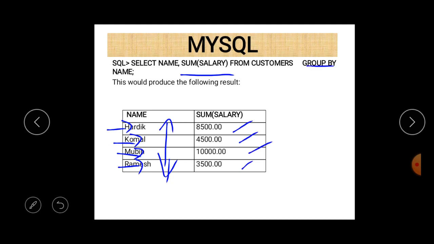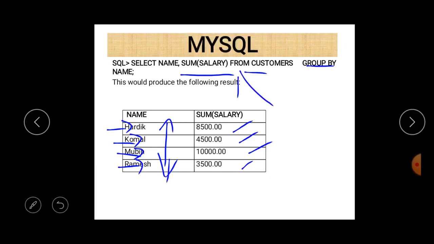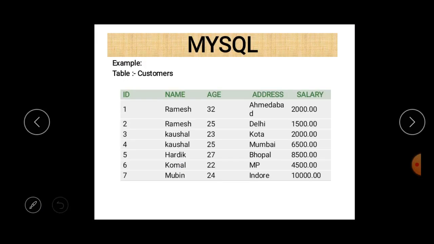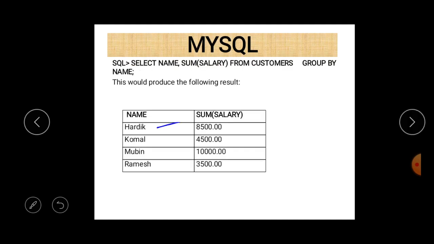So 3 things should be remembered. First of all, group by is used to make or form a group on the basis of a particular column. Second important thing, the group by clause, group by statement or group by command must be used with an aggregate function. Without an aggregate function, the group by command cannot be used. And the third important thing is that they form a group on the basis of a particular column, and it may be possible there is a repetition of values. So if there is repetition of values, they appear only a single time.